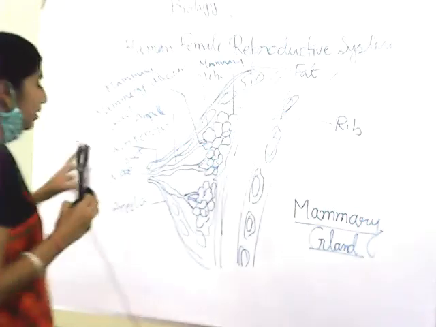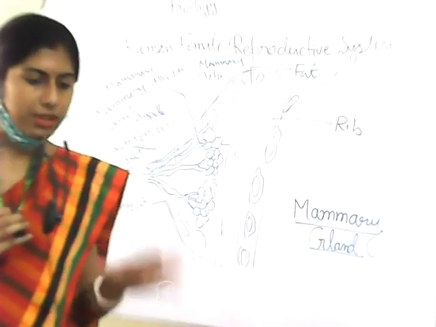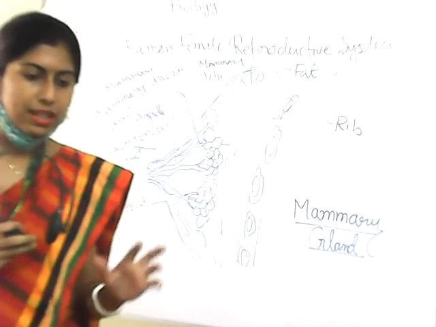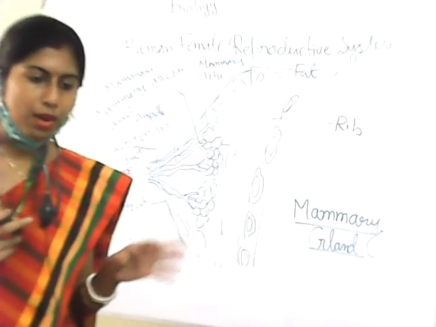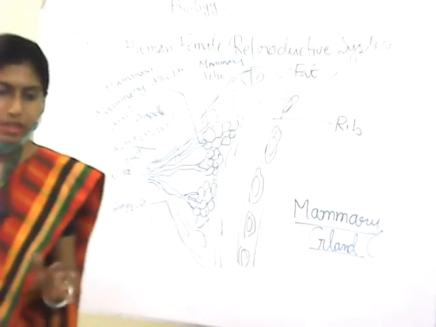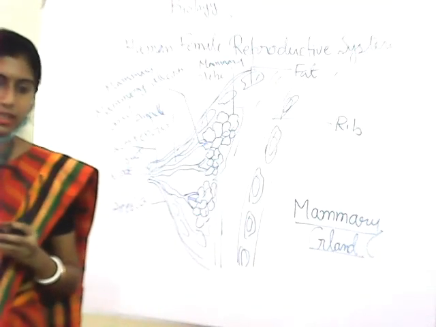If you are having any doubt related with this part, you can ask me. These are the parts, this is a part of the female reproductive system. Okay, so for that, if you are having any guidance book, please check it, because you will get a better idea for the structure. Because if I say it by mouth, you will not be able to understand, or wait, I will show you the part. Okay, then you will get a clear idea.